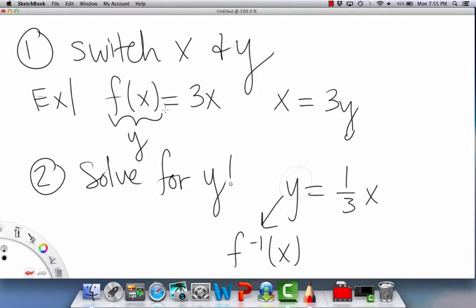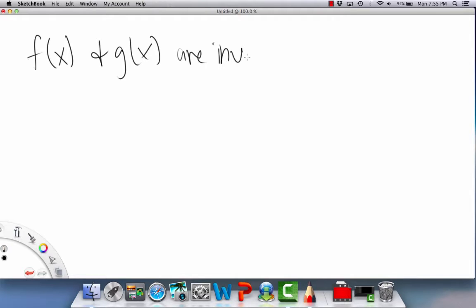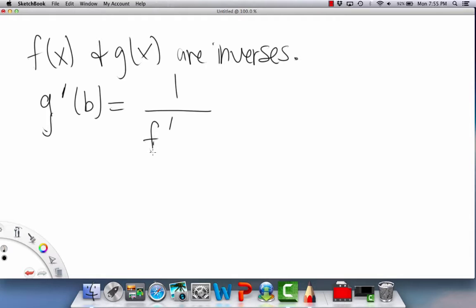Alright, now we'll get into the tougher stuff, the more calculus-based things: derivatives of inverse functions. First of all, we have f of x and g of x are inverses. That'd be useful to know. And we have this other formula that we can derive, but I'm not going to go through the proof. It says that g prime of b, for some value b, equals 1 over f prime